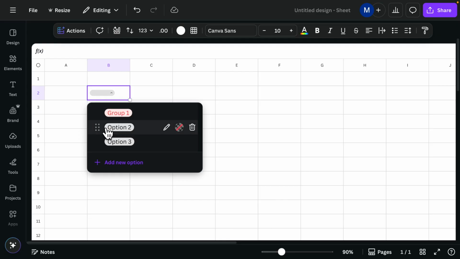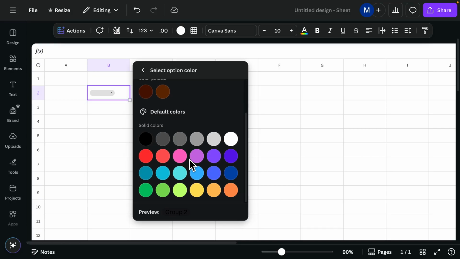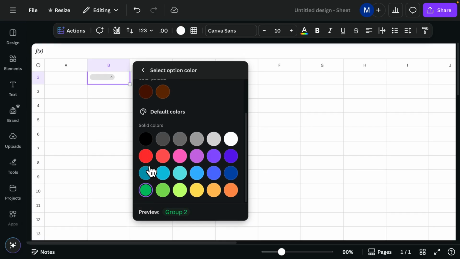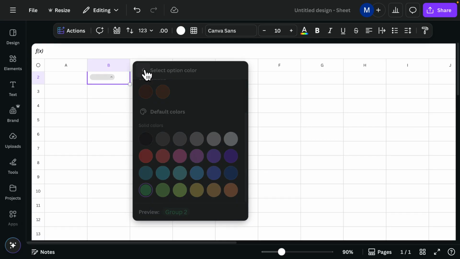In the same way we have to modify option 2. I'm going to click this edit, and then it is bringing up this. So we can change it to group 2, and then we have to press this done button, and then we can change the color if you want. I'm going to change it to another color, like green color, and then I'm going to modify the